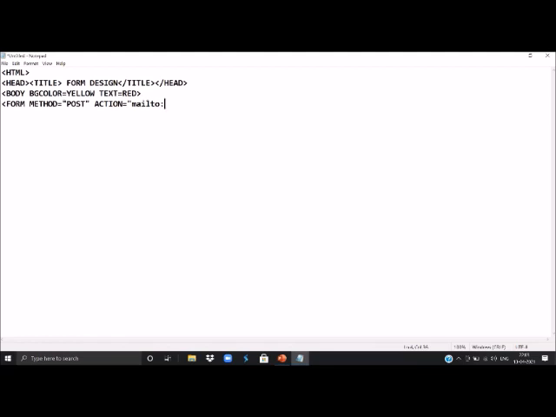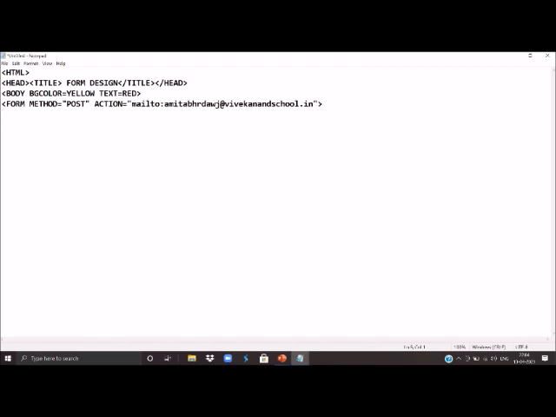Suppose I am specifying my email address. If I want to get the data in email to my email ID, then I can use this value for action property. Now I'll close the form tag.